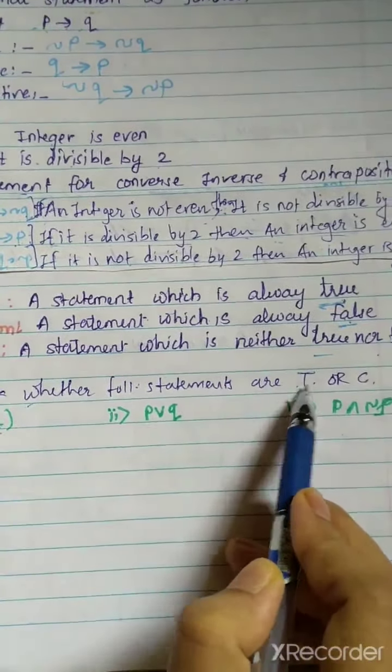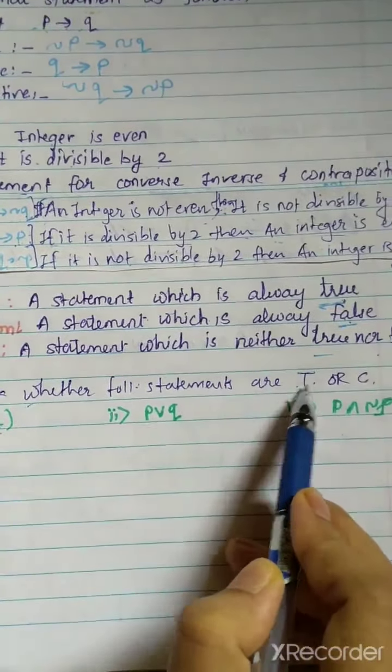So we'll start with P and Q, and we want negation of P or Q. So here we'll take P or Q and then negation of P or Q. With two variables, we'll have true, true, false, false, and true, false, true, false. We have seen P or Q in yesterday's lecture. True or true is true, true or false is true, false or true is true, but false or false is always false.